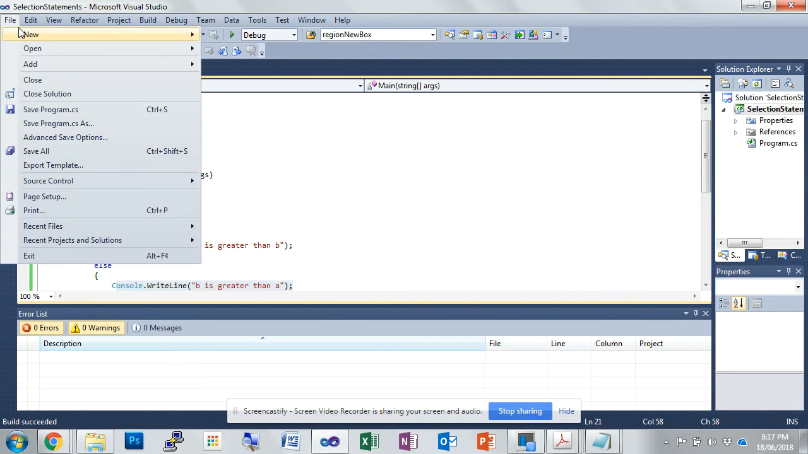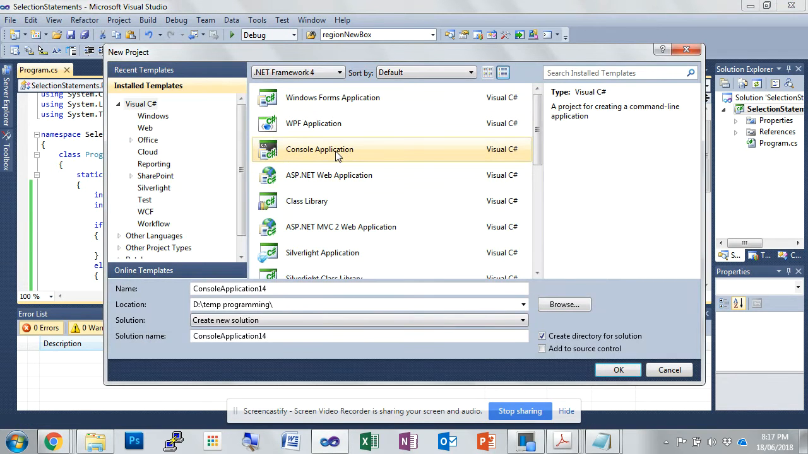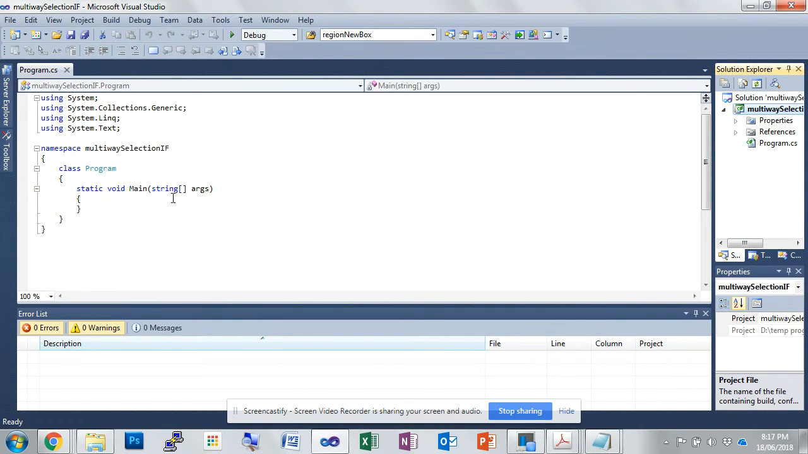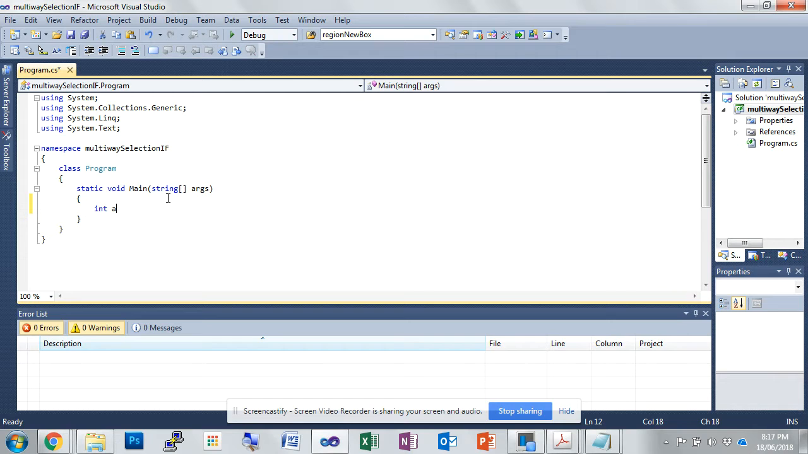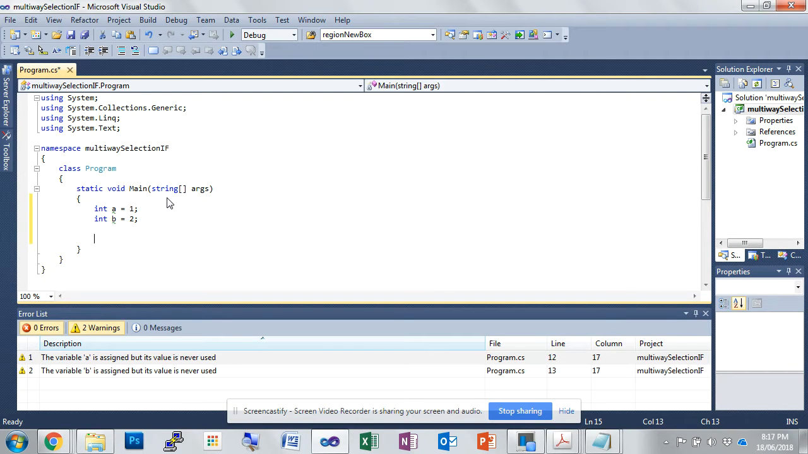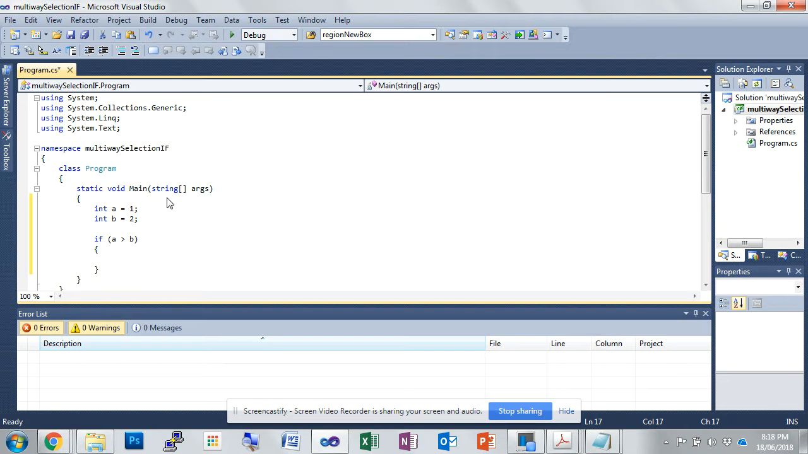We'll start again actually. So we'll go File, New, Project, and again console application, and this is a multi-way selection if. Okay, so we've still got the integer a that we're going to create, and that's going to be 1 still, and integer b equals 2. And so we start the if statement as usual, if a is greater than b, and we open curly brace and immediately close curly brace, and we say if a is greater than b,